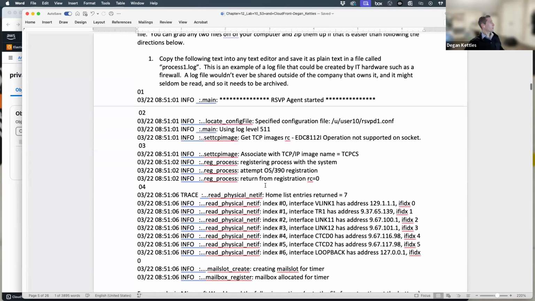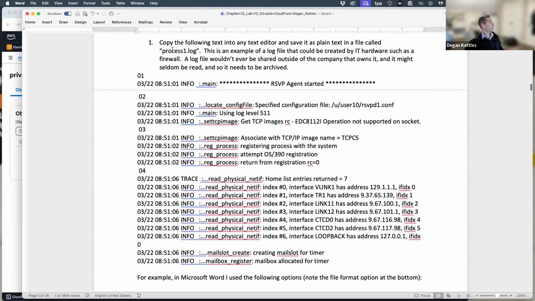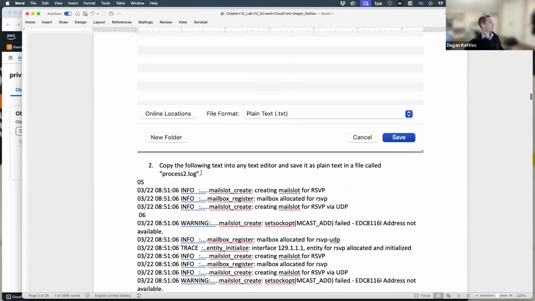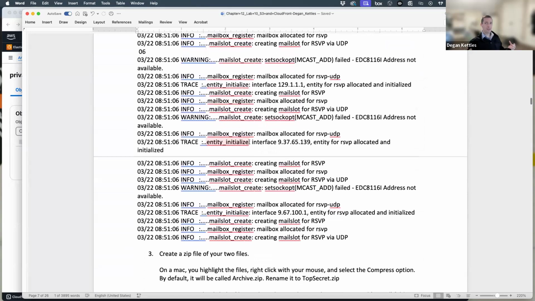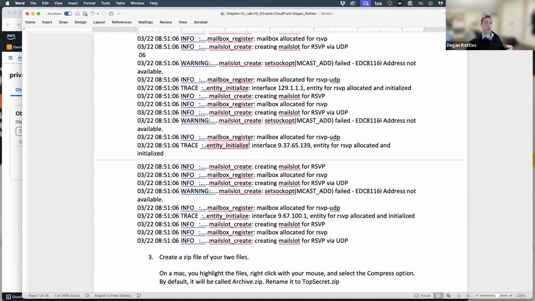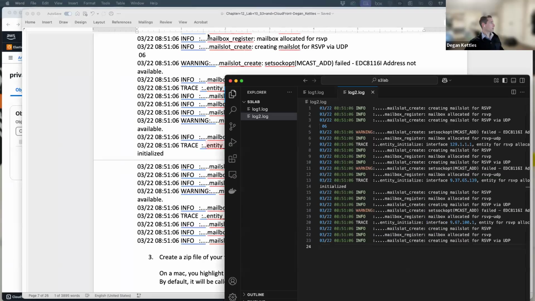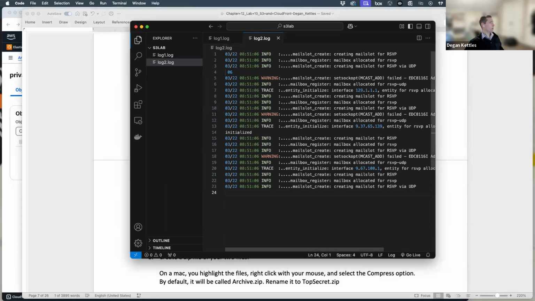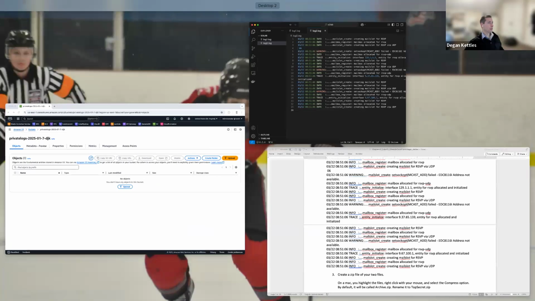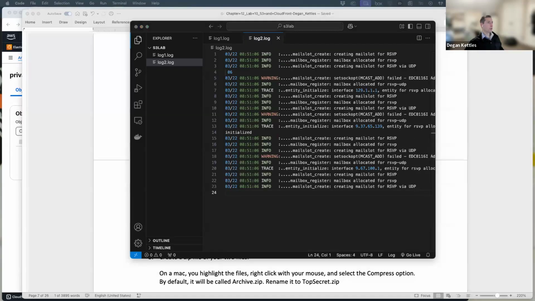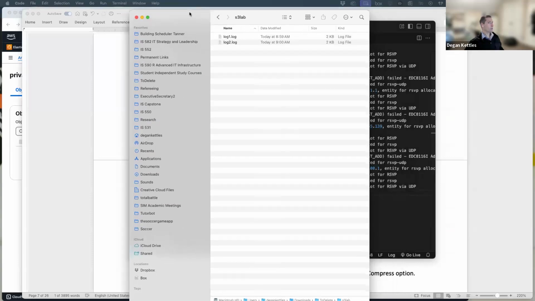And so what I've done here is I've said create two different files, called process1.log and process2.log, as two hypothetical log files that you're going to merge into one object file to upload to S3. The way I did that is I created a folder called S3 Lab on my computer, and with my S3 Lab,